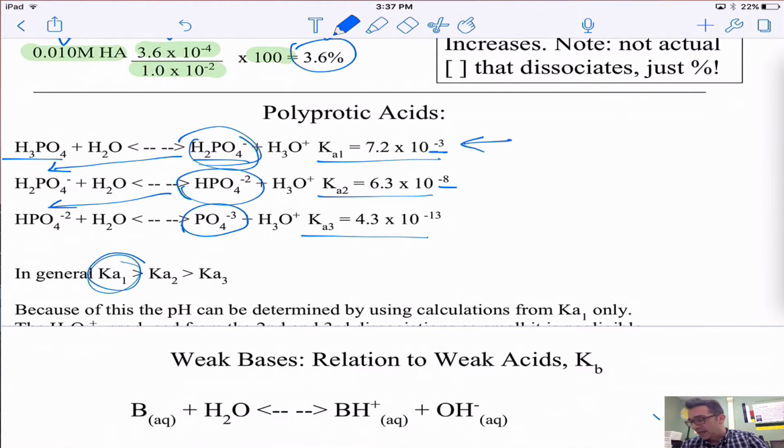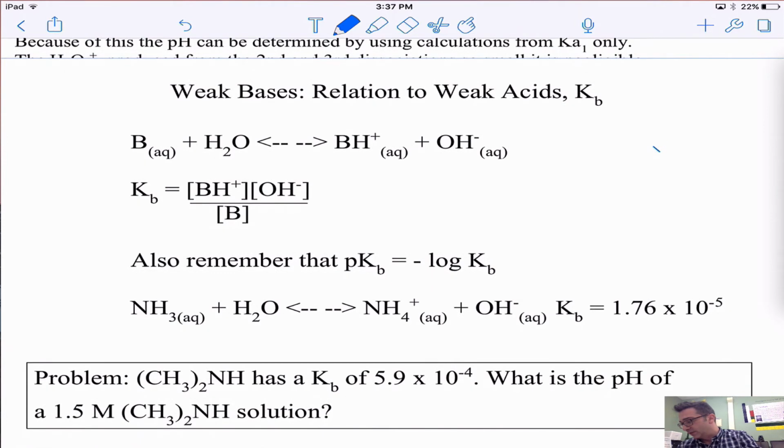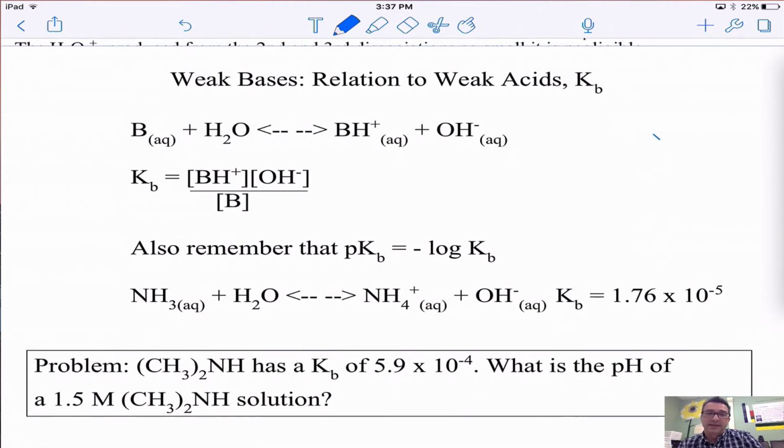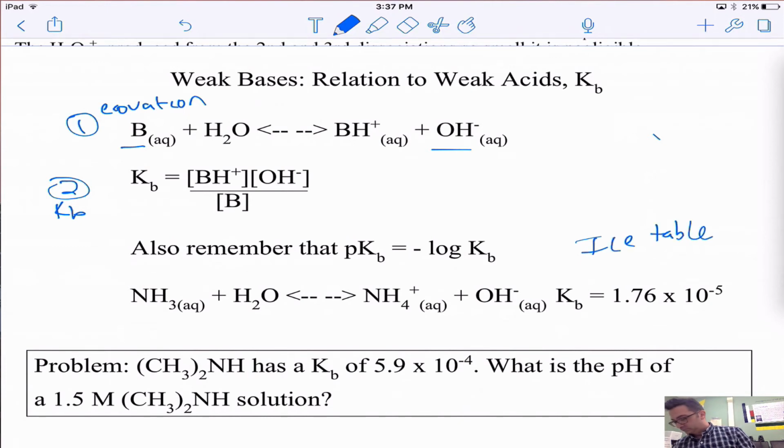All right, so one last little thing, I know I said I would stop, but one last little thing is talking about Kb, which is for bases. And it's the same as Ka. I do the same things I was doing. I write an equation. Notice the base produces OH minus. I write a Kb expression. Same as Ka, except now it's for the base. And I can solve for my OH minus. I can set up an ice table,